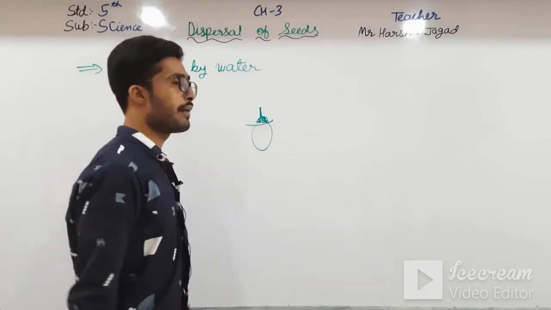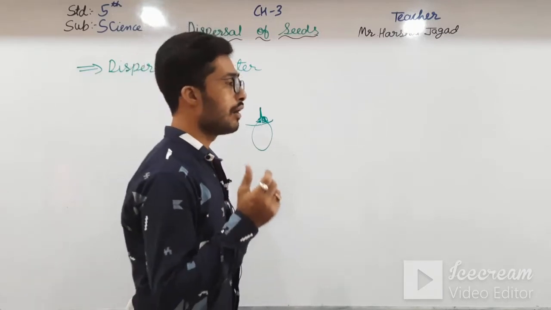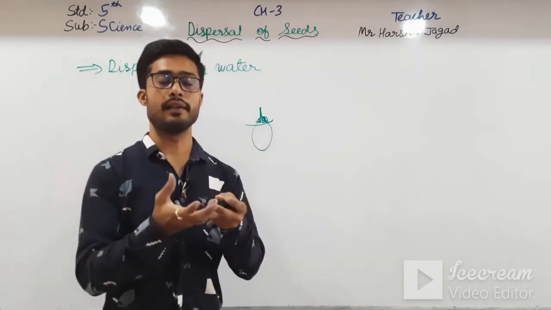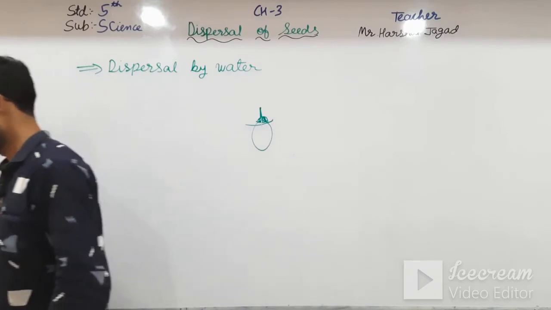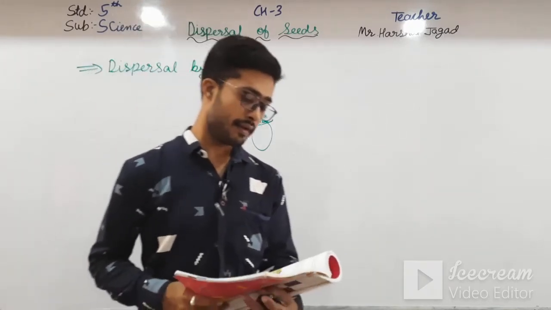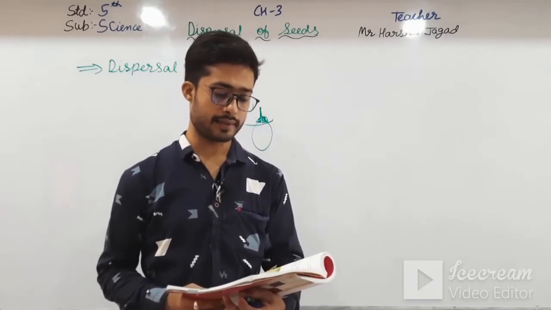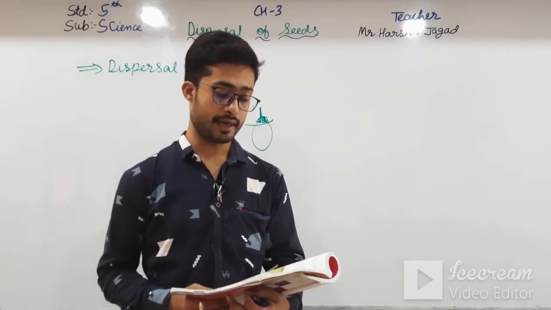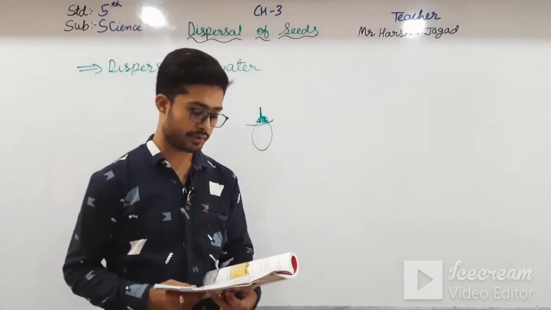Okay students, see here, I am reading it again, and here the example of the lotus is also given. Lotus has leaves that float on the water and travel very far. Okay students, see here, some seeds are carried by water to far places. You know coconuts are too big to float in the air and too heavy for the birds and animals to carry them away. Coconuts grow near the coast.